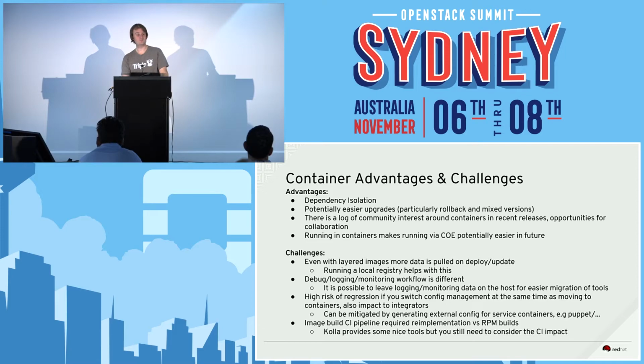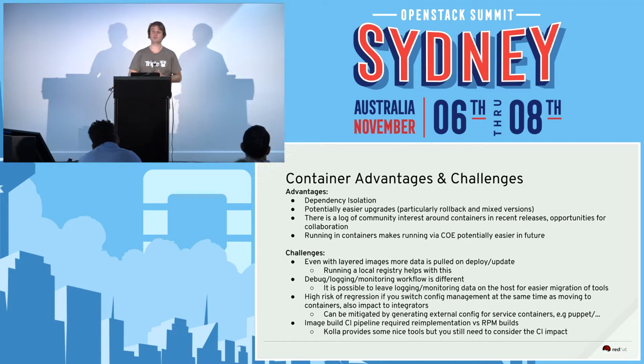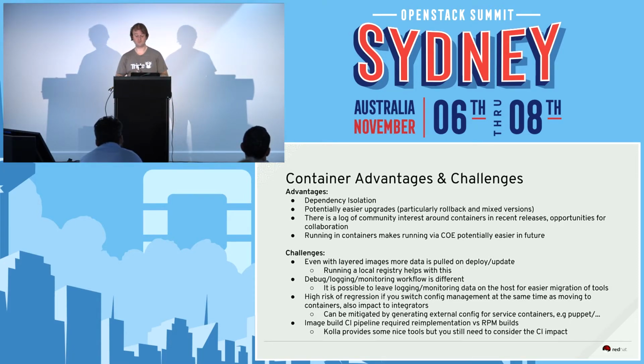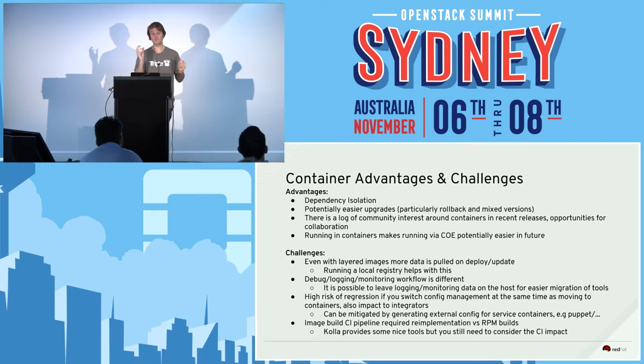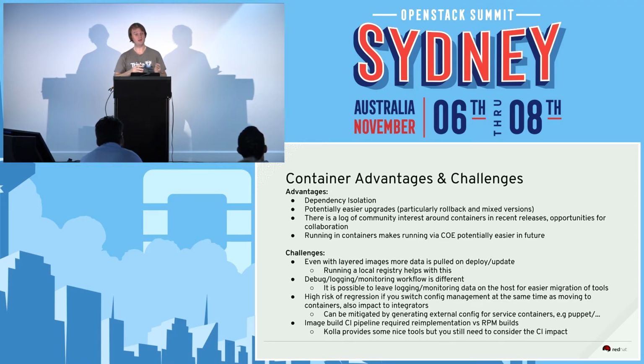So we've had a fairly traditional approach to config management using Puppet throughout multiple generations of OOO and previous deployment projects at Red Hat. And for that reason, a lot of the vendor integrations and hardware enablement, and also field customizations are performed via Puppet. And so in order to avoid breaking the world with this move into the bold new world of containers, we've actually got a two-step approach where we'll generate the config files using Puppet in a temporary container, and then we'll write the config data onto the host file system, and then we'll launch the service container.